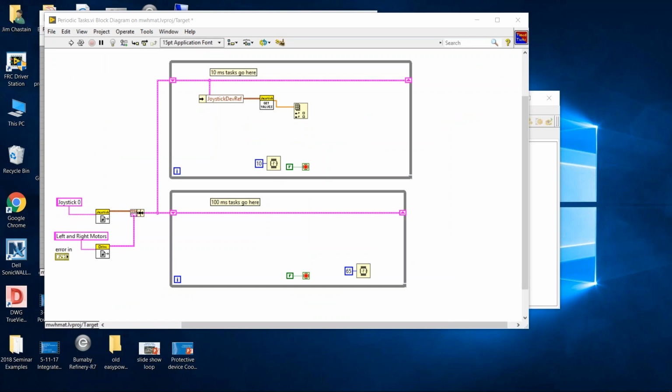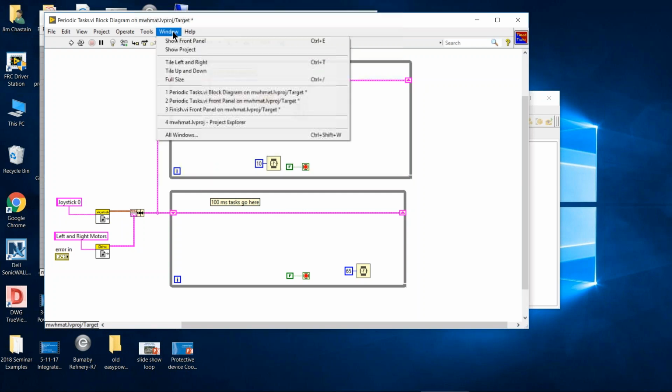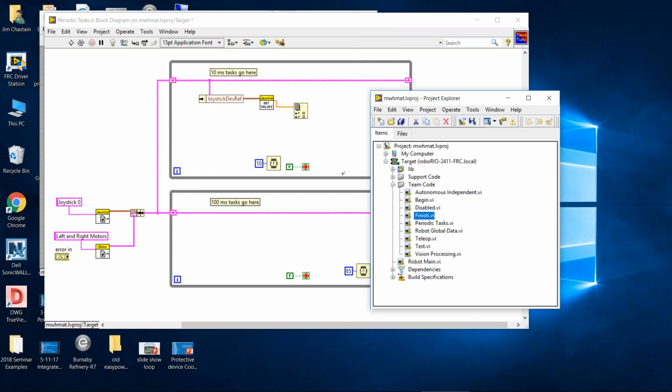Okay, just like before, in loop A, we're going to bring the joystick that's in this first pipe, which is joystick 0. We're going to bring it out of the pipe, get the values, index the axis, and then store it in robot global data. So we're going to bring over robot global data